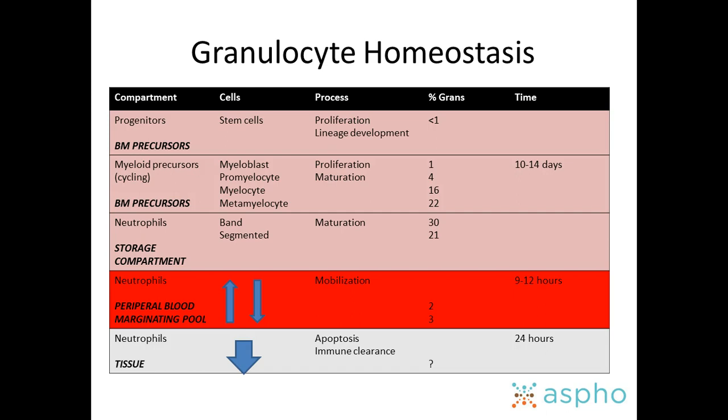And I think that just understanding what percentage of cells are at different stages helps, because you can see here that the vast majority of cells are sitting in the bone marrow at some point, getting ready to be deployed. So we have quite a lot of cells getting ready for action that aren't really doing much. And if you see how long they last, about 10 to 14 days, they can hang around if they're not activated. But once they're mobilized, within 9 to 12 hours they'll go out of the bone marrow into the peripheral blood, and hang out on the endothelium waiting to be activated. And then once they are activated, they don't live very long. They're 24 hours once they hit the tissue.